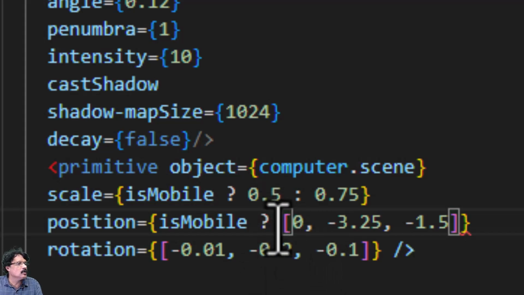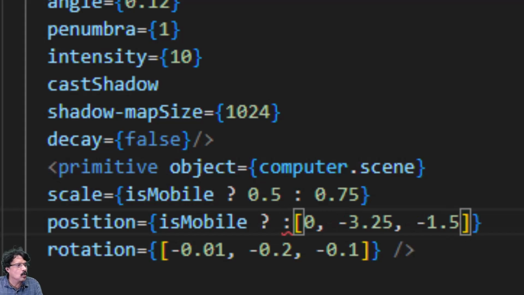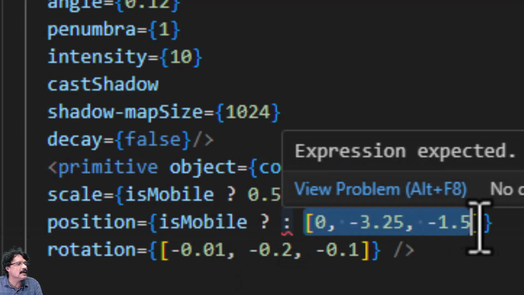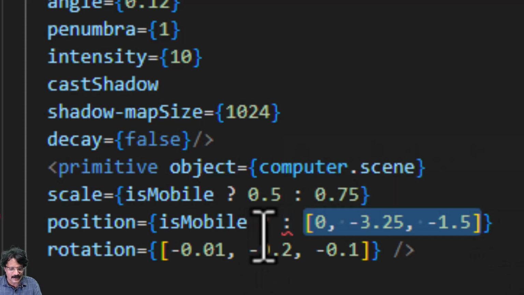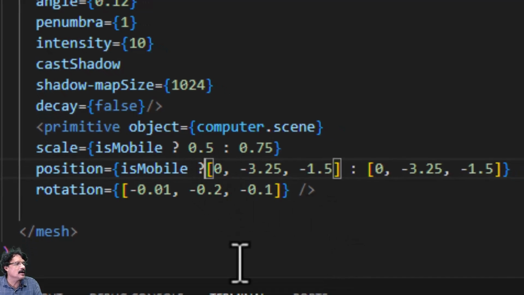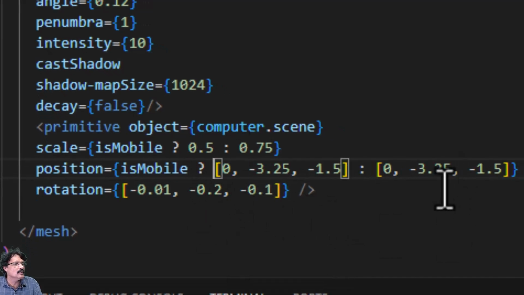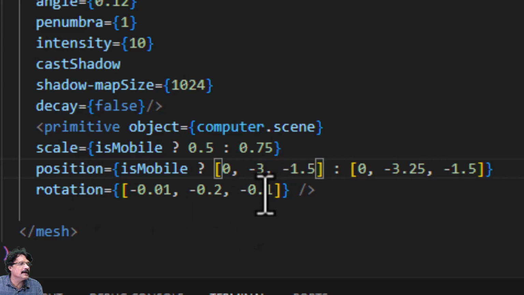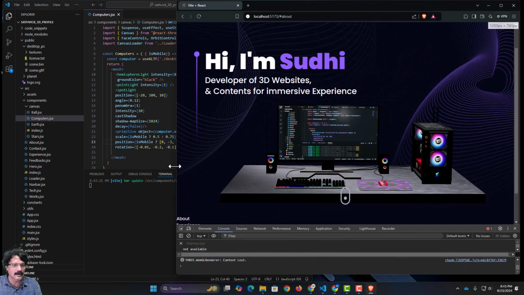What I will do is I will also add colon, okay, and I will select this entire content, copy it and paste it. So we have two values here, one when it is true and one when it is false. When it is true, in this case I will let the x value be 0 only. In the y value, instead of 3.25 I will make it 3, and the z value I am going to make it minus 2.2, and if I save it now and if I move it,